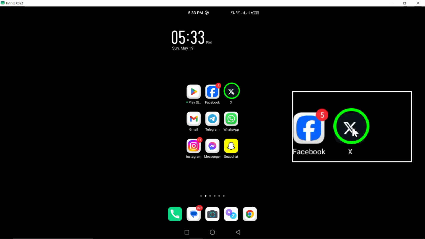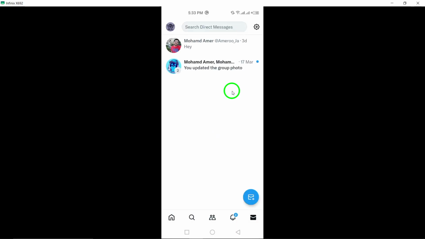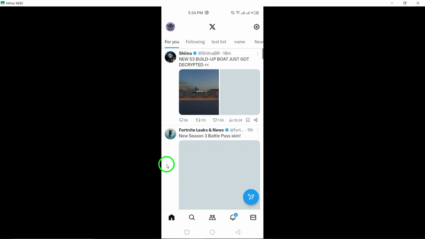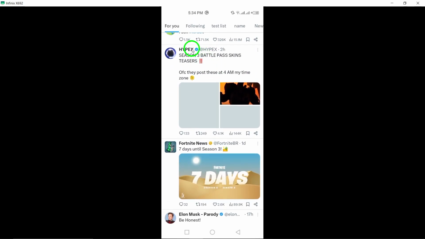To begin, open the Twitter app on your Android device. This can usually be found on your home screen or in the app's menu. Once you have the app open, navigate to the page you want to unfollow. You can do this by searching for the page in the search bar or by scrolling through your feed until